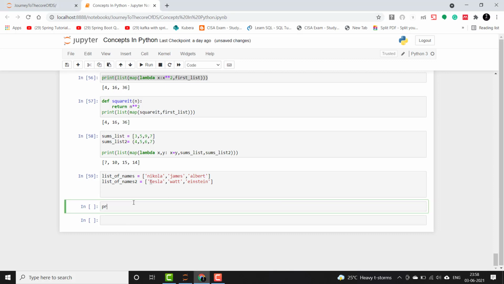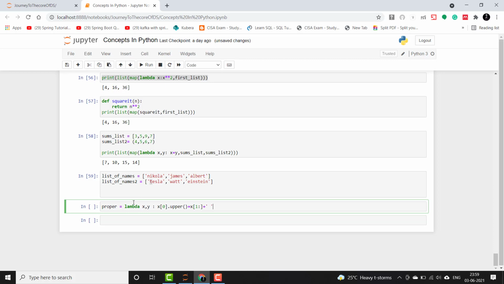We'll create a lambda function named proper, and we will take the input from each of the lists, as we have done before. Now I will take the first character of the first element of the first list, and change it to upper. Then I will join it with the rest of the string, that is, the rest of the string other than the first letter. Then we have to include a space also.